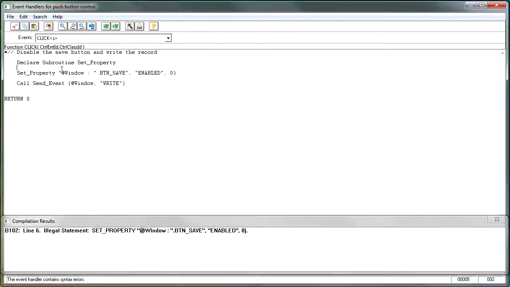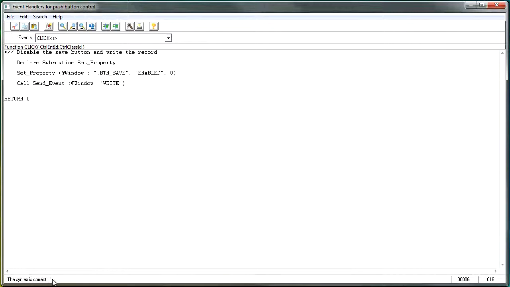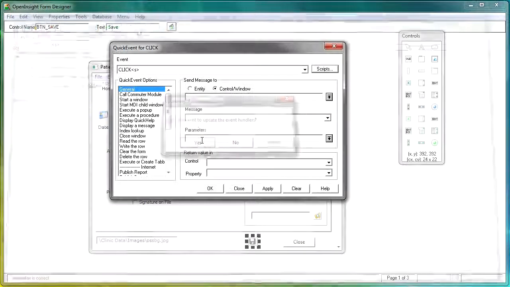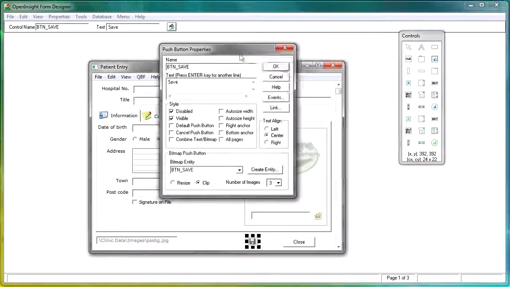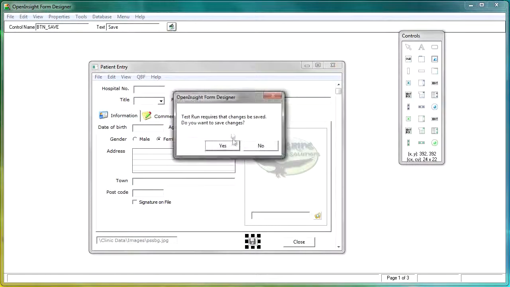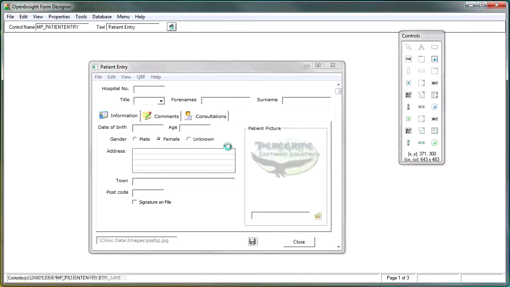So we'll just go in here and change that to a bracket, which might be a little bit better, and this time we get the syntax is correct. So we'll come out of there, update the event handlers, OK and OK, and then we'll test run the form, save the changes,